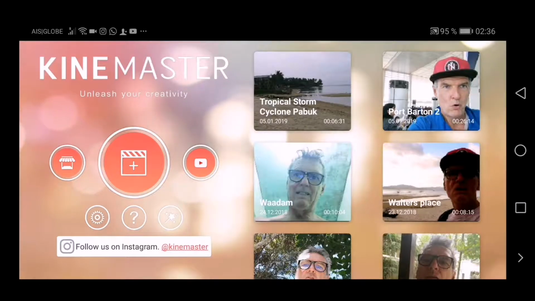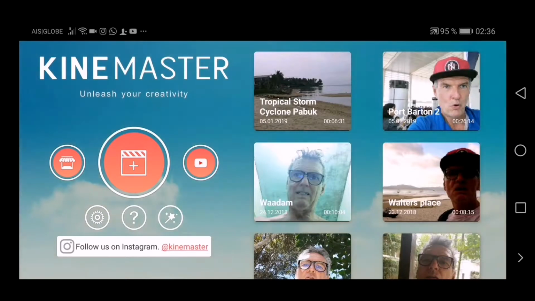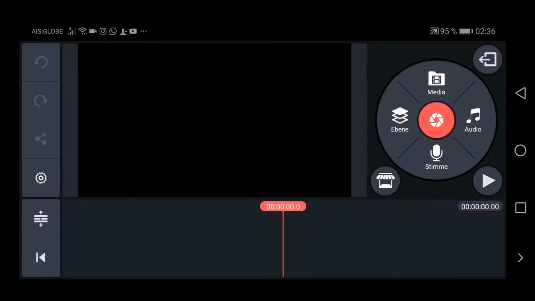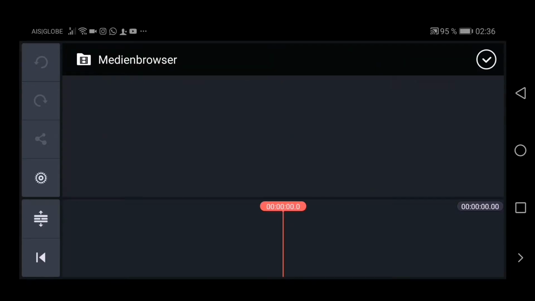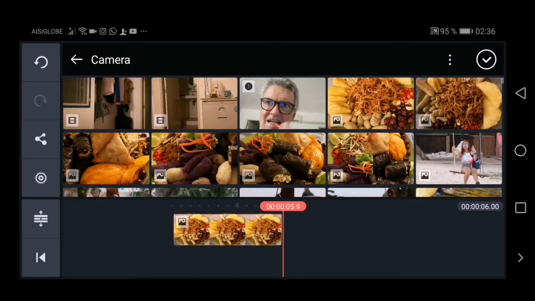You see here are all my projects which I already uploaded to YouTube, but I make only here a new project, and you have to choose the size of your project. We say here this size, and then we want to put in media, and here you see from my camera. This is just the camera of my mobile phone, and you see for example here a picture, no problem,